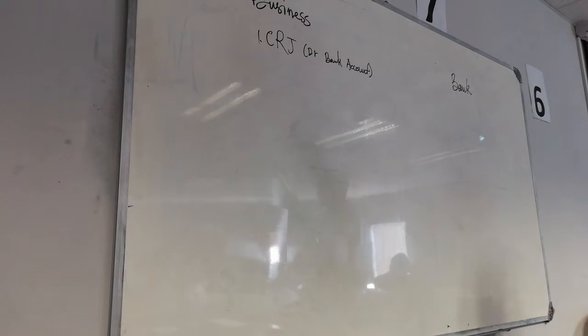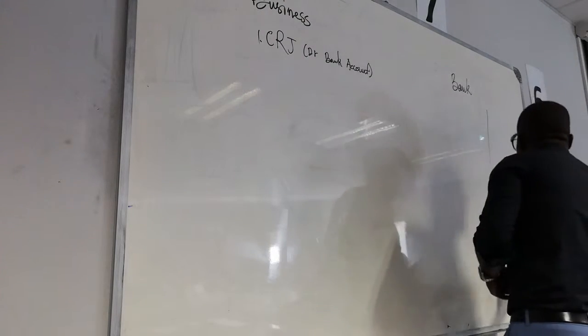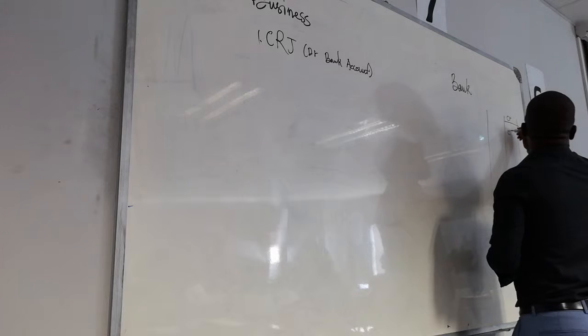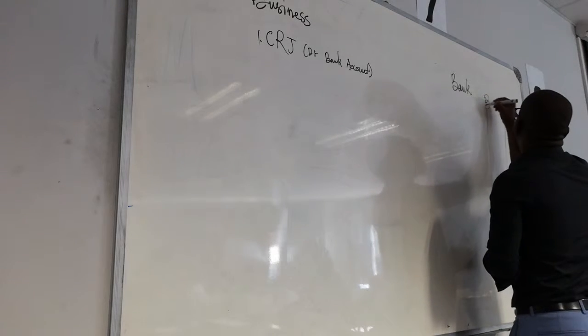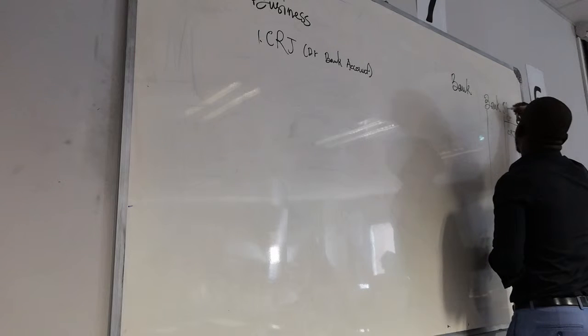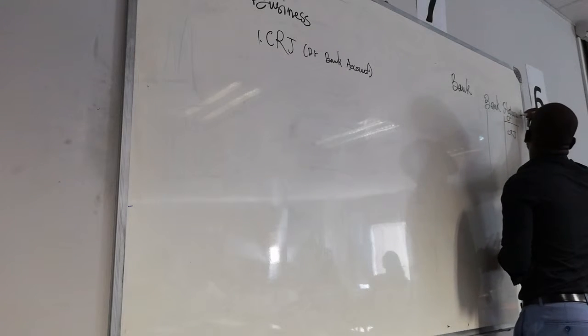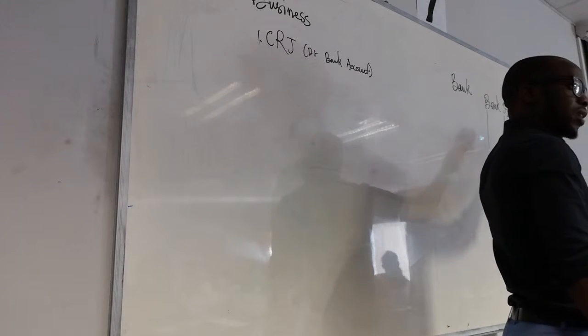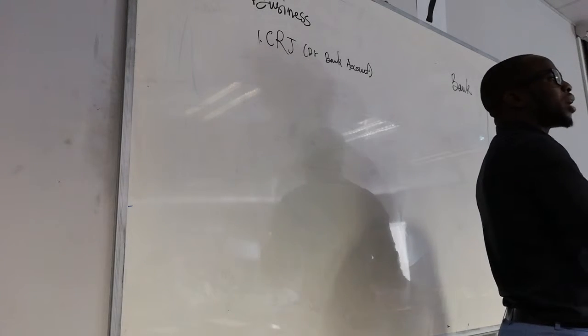Are we together? So when the bank has your money, we say that you've got a credit balance with the bank. So all the monies that are in our CRJ, the bank is going to record on the credit side of your bank statement. This is the only document that comes from the bank. We might come to discuss some documents, like a check that the bank gives you back, but the one document that actually contains everything is the bank statement. Each and everything that we do, either in receiving money or making a payment, must also be in the bank statement.